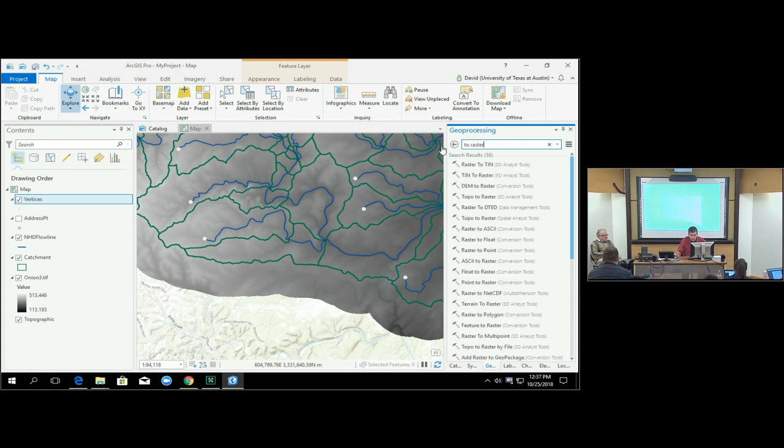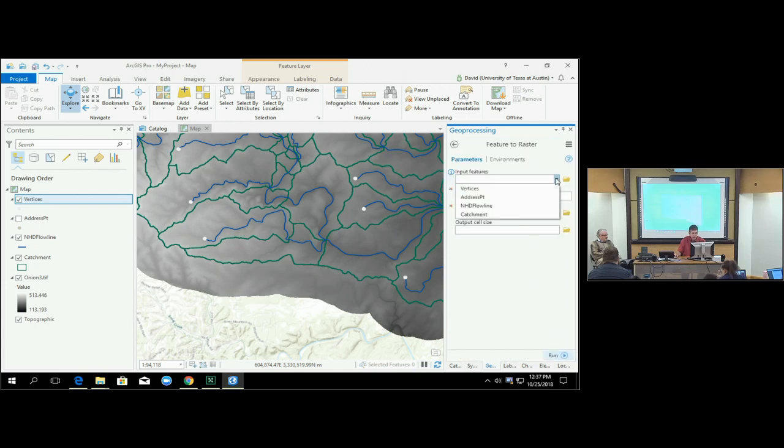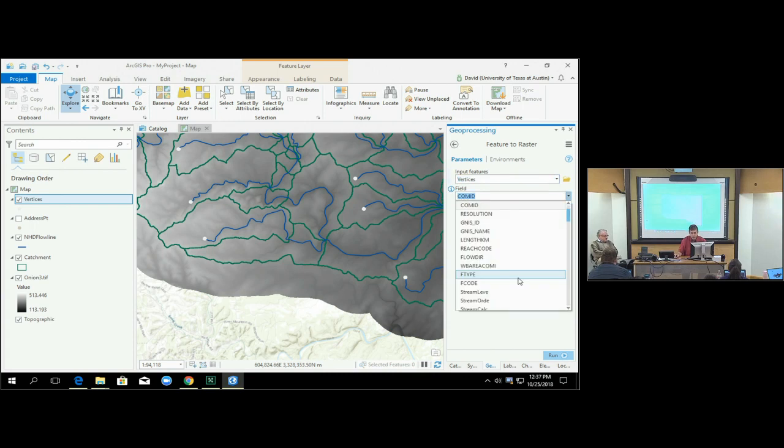And let's see, somewhere we should find that. Feature to raster. The input features are going to be my vertices. Rather than using the field COM_ID, this is something that I figured out a little bit by trial and error. There is a field in there called start flag, and that evaluates to 1 if it's the beginning of a reach, 0 if it's the end of a reach, and that actually served as a useful filter for picking just the sources of the streams and leaving out the outlet point. So I'm going to use start flag